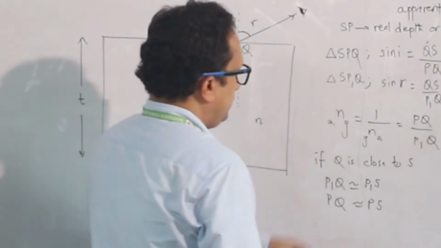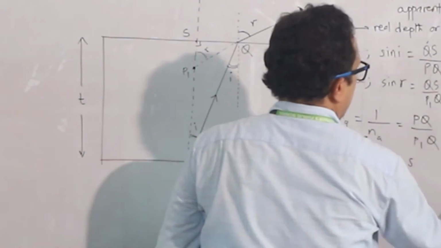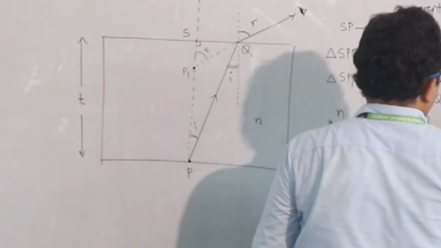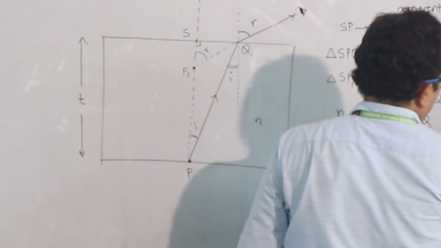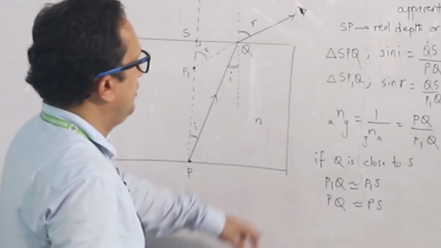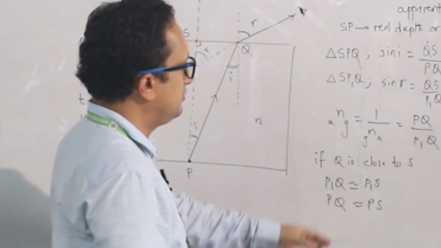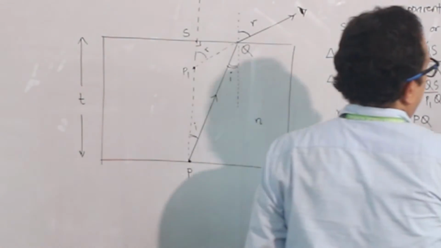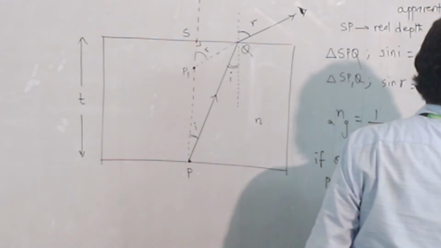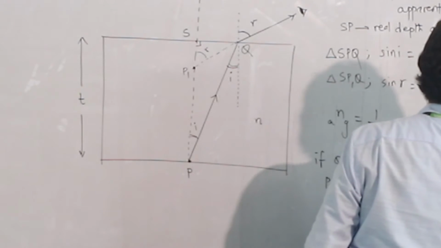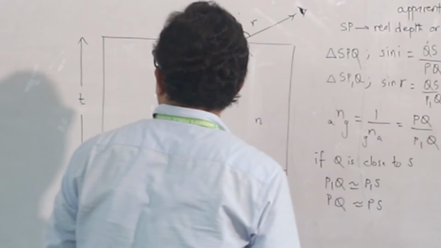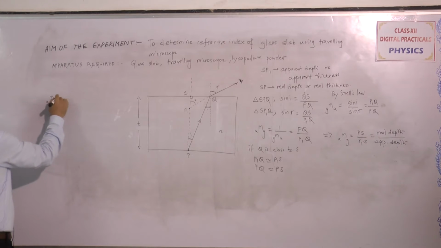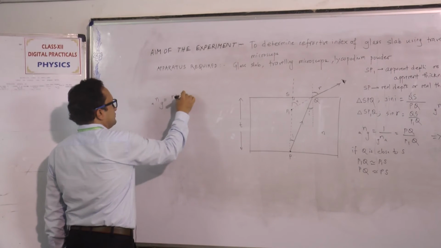So now, if you look here, NAG is, in place of PQ I can write PS, and in place of P1Q I can write P1S. And what is PS or SP1? Is it not the apparent depth? P1S is the apparent depth and PS is the real depth. So it is real depth by apparent. So now we have a very simple formula which relates the refractive index with real thickness